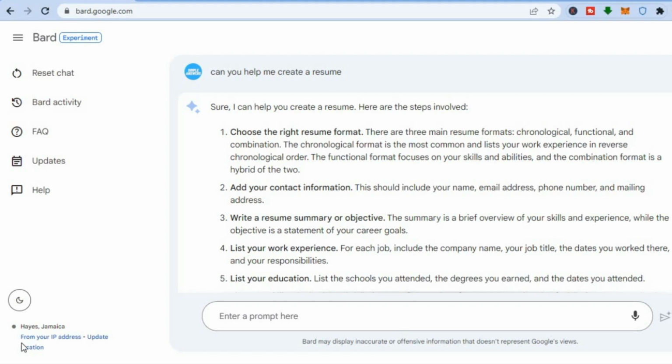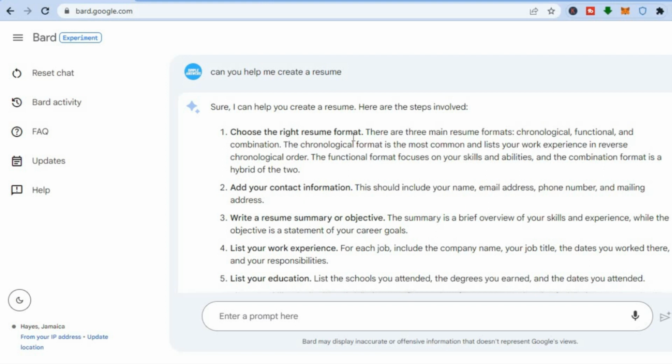And also another advantage that I personally realized is once you have typed in a prompt in Google Bard, you tend to get more information compared to ChatGPT. For example, I went onto Google Bard, and as this topic is about creating a resume, I typed in, "Can you help me create a resume?" And you can see the first prompt right here is it outlines how a resume format should be. So in case you didn't know, your resume format is